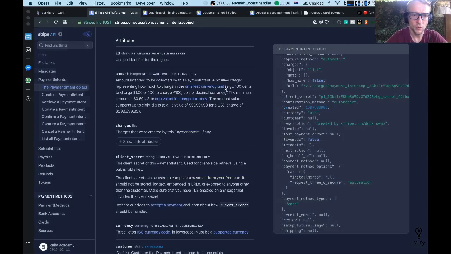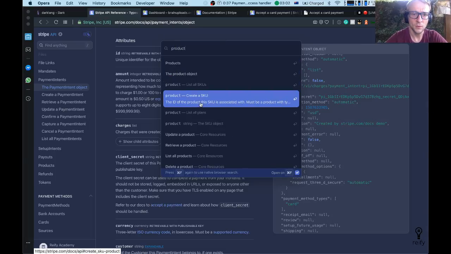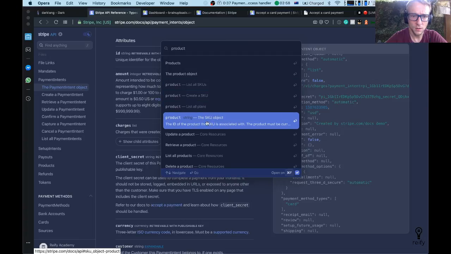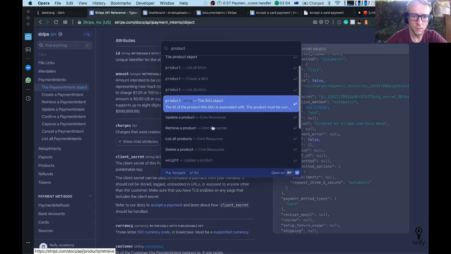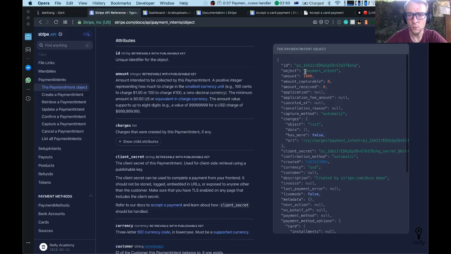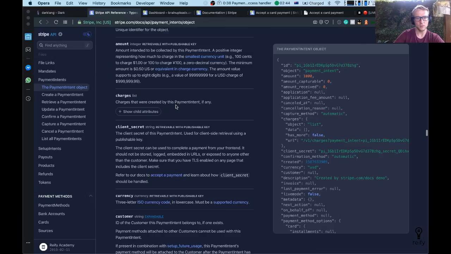Product. Describe specific products created, custom view, list SKUs. ID process it must be current. List of products. So I'm wondering, when we're making an intent, can we tell Stripe to use a product at the amount? Because